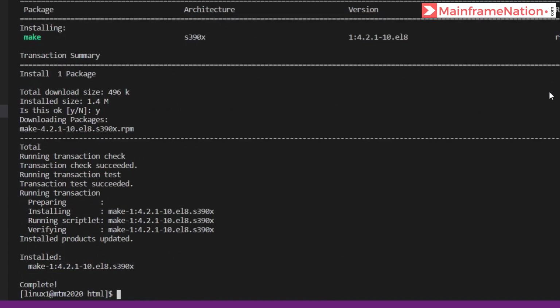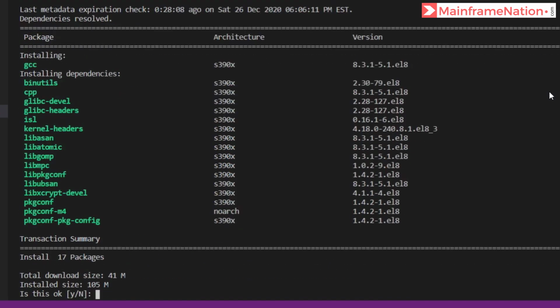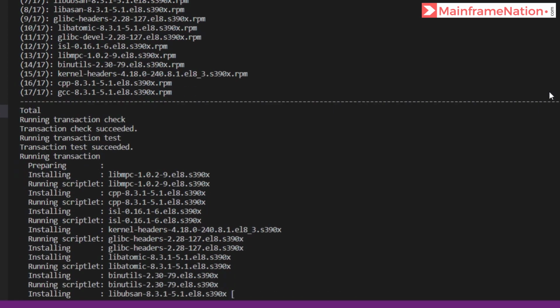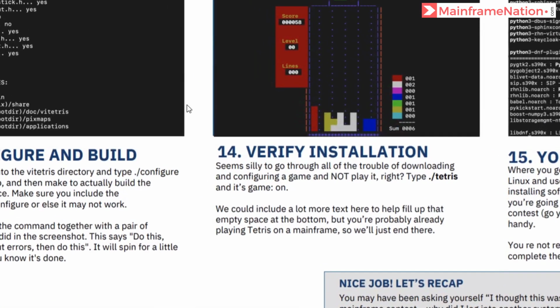It completed successfully. Same way, install sudo yum install GCC. So it is installing GCC now. GCC is a C compiler. This also completed successfully. Step 12 is complete.